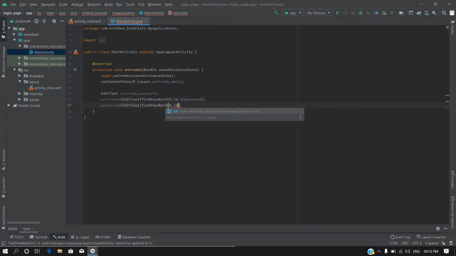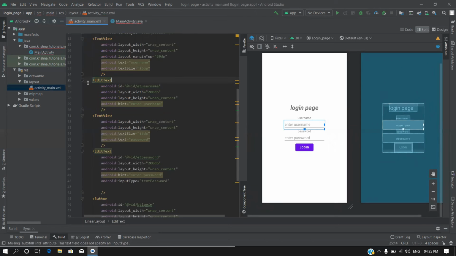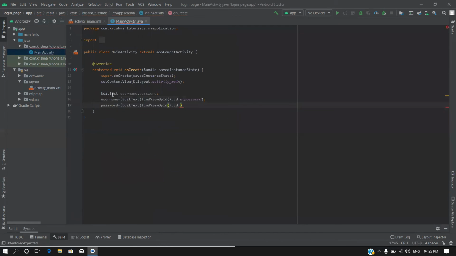We are doing mapping so that this edit text input will be mapped to this variable username of type edit text, password of type edit text. Oh sorry, edit text username and edit text password.